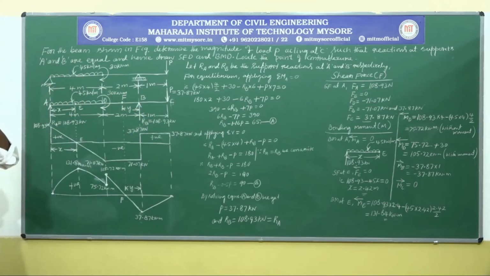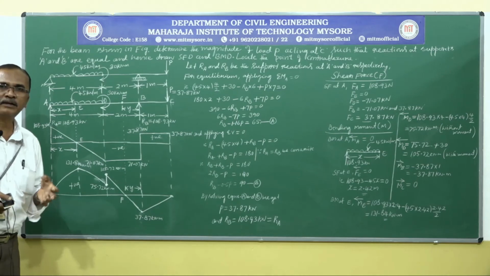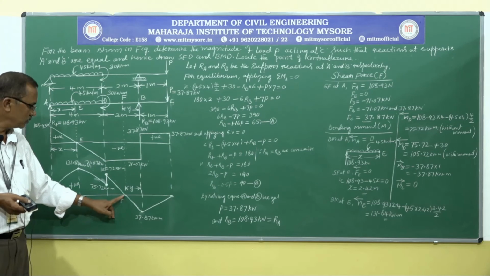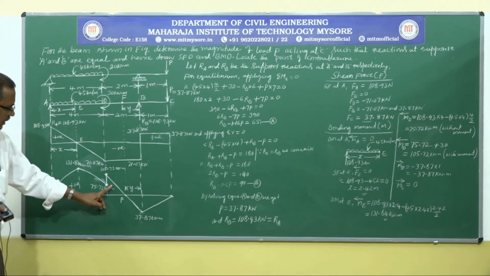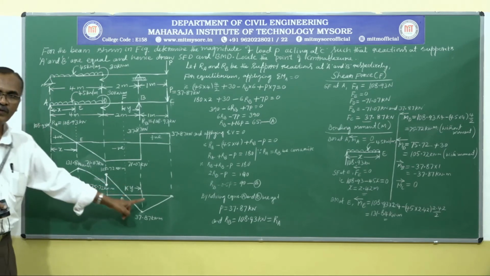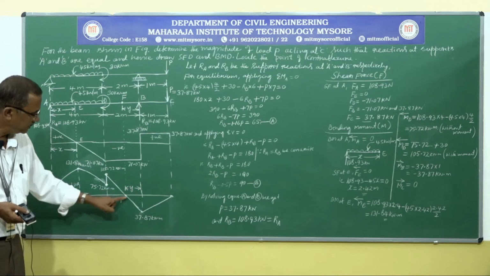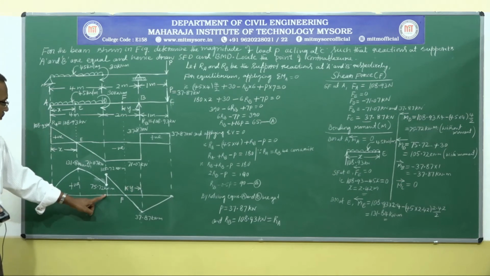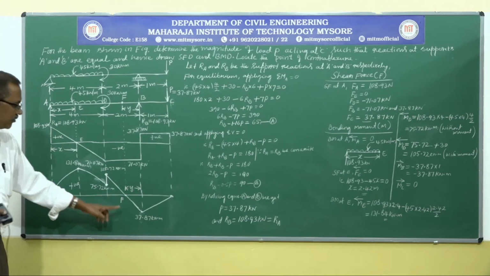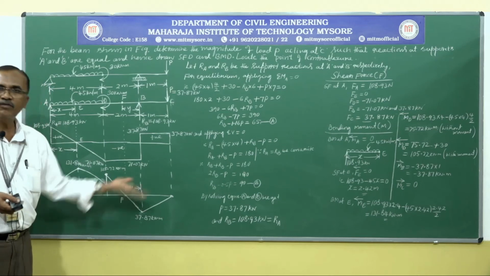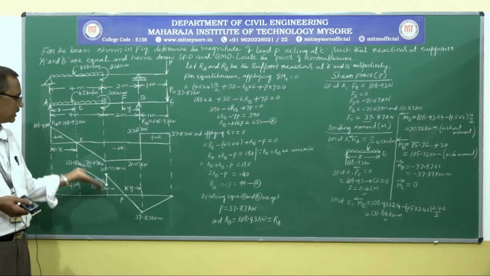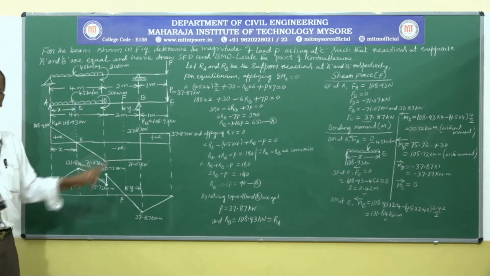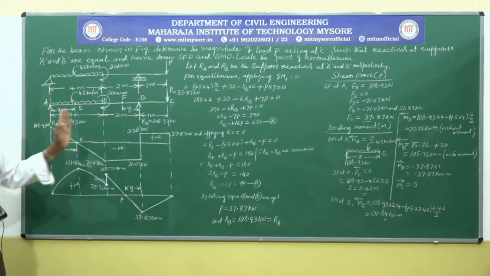So we know point F. What is that point F? Point F is the point of contraflexure, where the bending moment is 0. Here you can see the bending moment diagram changing its sign from positive to negative at an unknown point. Suppose the diagram changes sign at point B or point D, then there is no need of marking this Y, F and all those things, because it changes at an unknown point. You need to know that point and also its position from the nearby point.